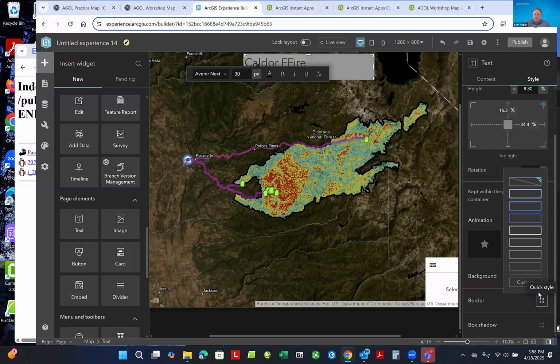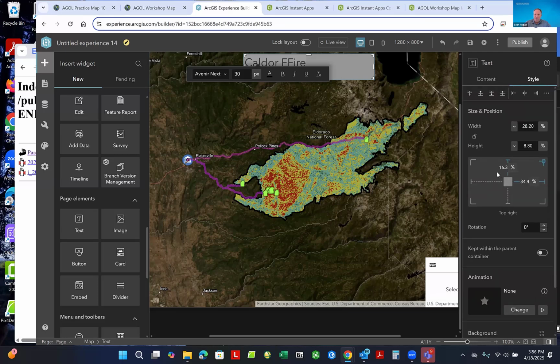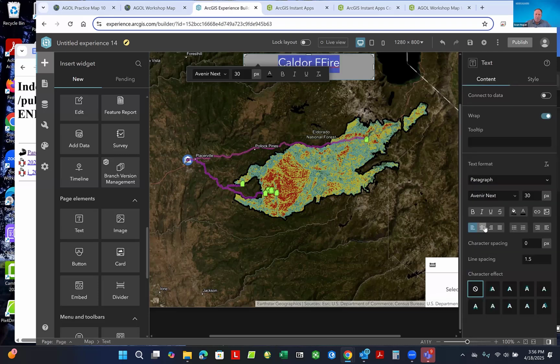You can do a border on it if you wanted to. I don't typically care. But you can adjust these options, and you can get pretty creative on this. I'm going to go back to my content and say I want it centered. Then I can go up and change the